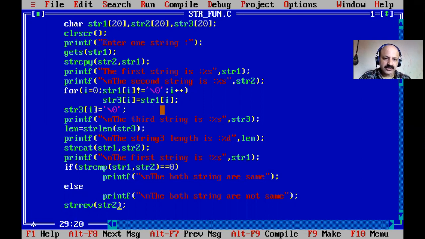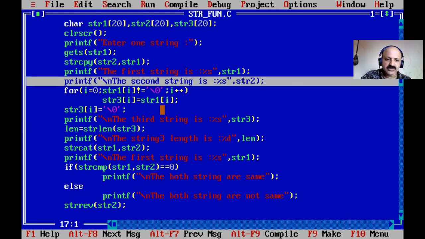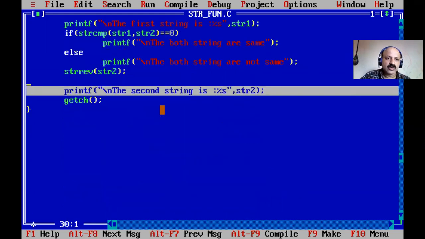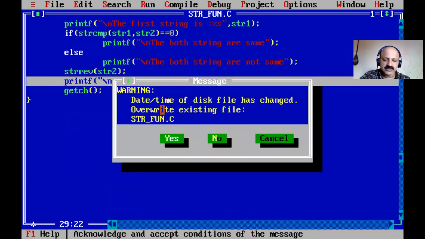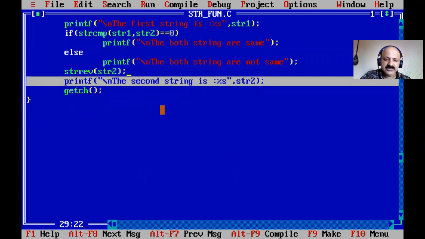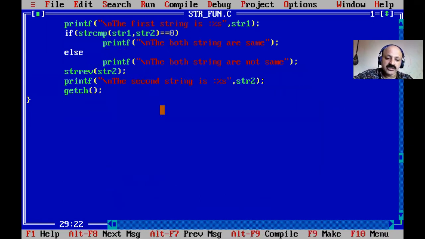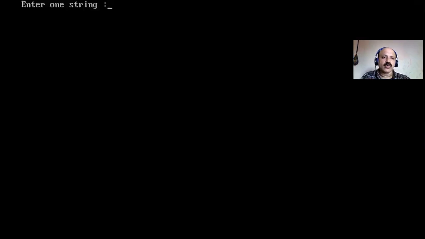Okay, so yes, and then print again. So here, second, I just copy this line and then paste. So it directly reverses that string. So there is no error, reverse order. So we can also take our own logic using one for loop.